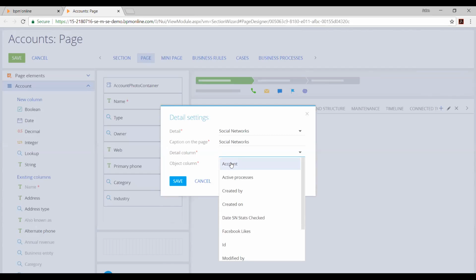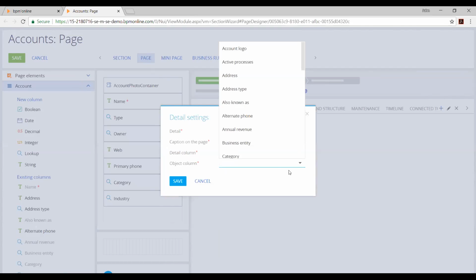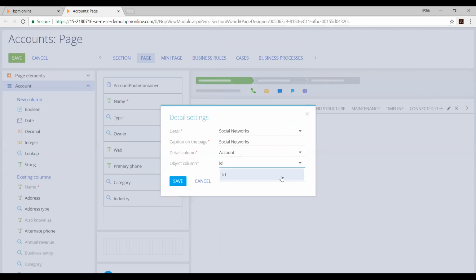Remember that we created this lookup account that corresponds to the section that we're putting this in, accounts. And the thing that I'm going to do is say that the ID value of the object that I'm in, this is the account object, should be input to the account lookup